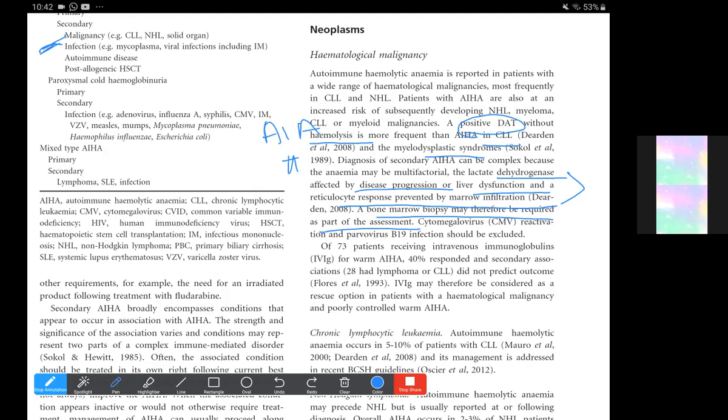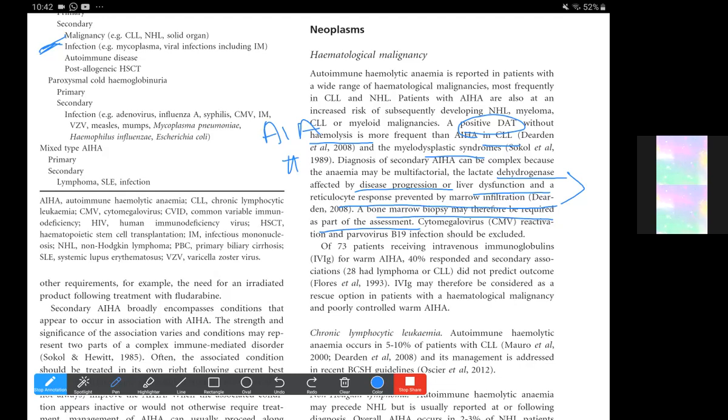So it is done mandatorily in cases where we suspect on history and examination that there could be a possible bone marrow infiltration, but also in conditions with cold hemagglutinin disease to rule out any underlying lymphoproliferative disorder. It is also considered in warm autoimmune hemolytic anemia, particularly if there is relapse after steroids, and it is advisable in DAT negative cases. So these are the considerations for bone marrow examination.